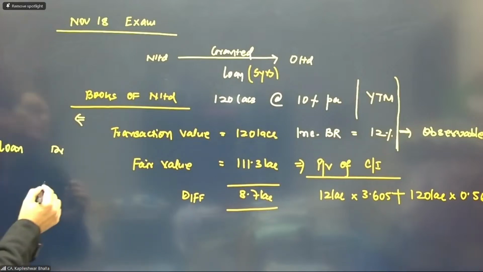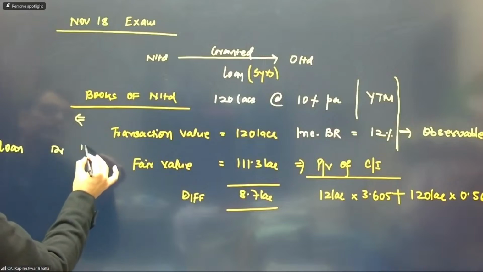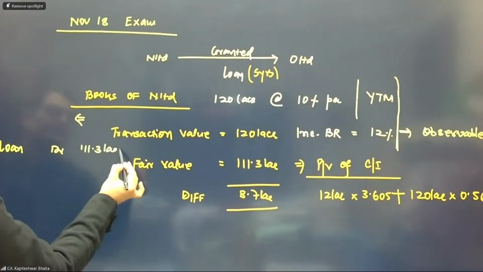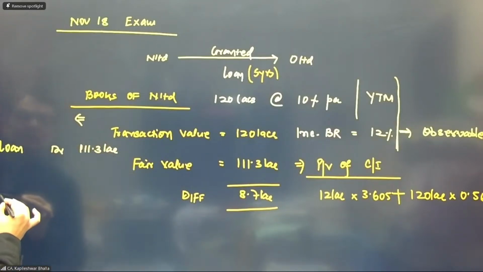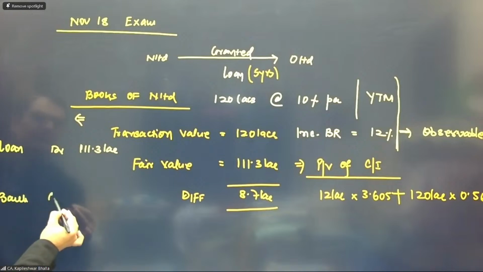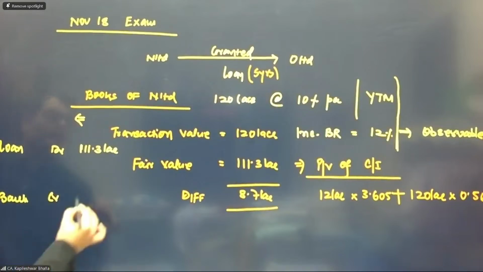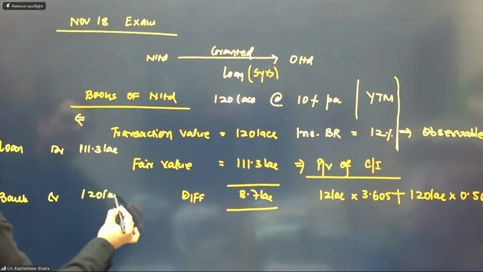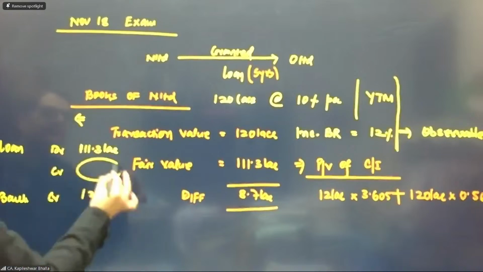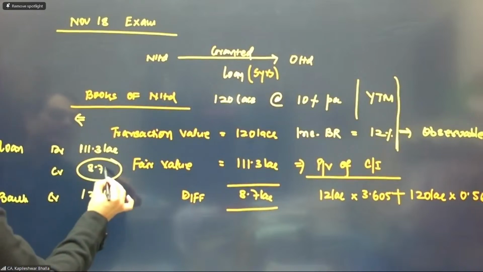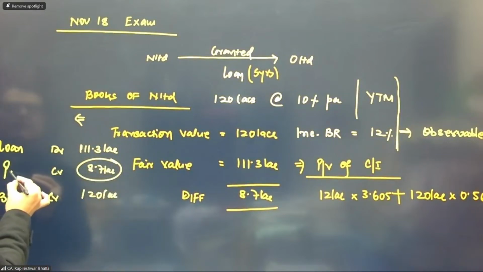And this is to the tune of 1,111.3 lakhs. And we are going to record the outflow that is bank, which is to the extent of 120 lakhs. So the balancing figure in this case, which is 8.7 lakhs, this is going to be debited in the